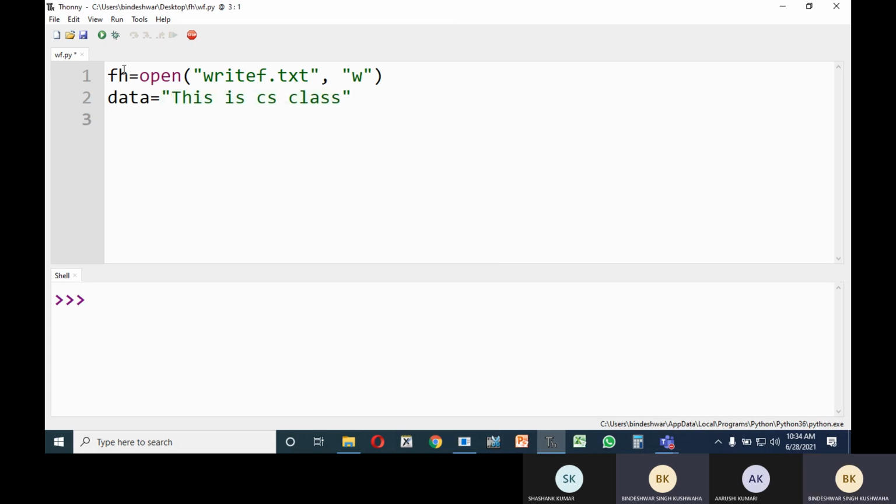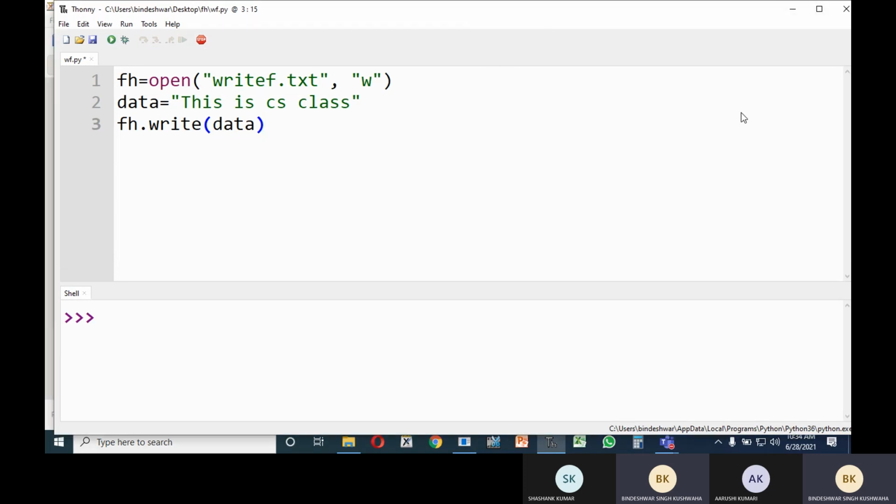This is the string, and if you want to write that, fh dot write function. There is another function to write, we will see that. And see, the data you can write onto the file. Let us run it and see that this file does not exist.